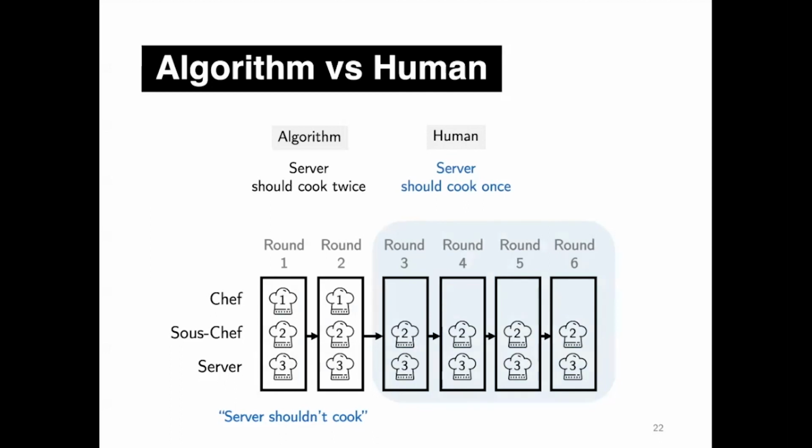Again, the human tip is wrong, but it captures the same kind of dynamic that we need to pass more of the cooking task onto the server. At the same time, the optimal policy would then seem a little too aggressive for humans. And you will see in a little bit how this affects compliance.